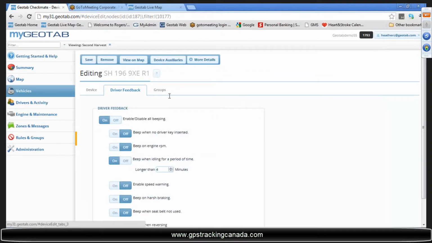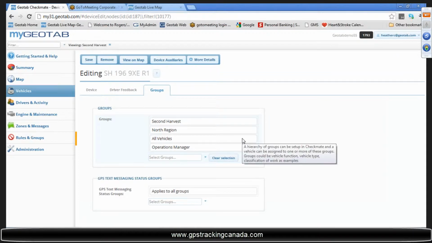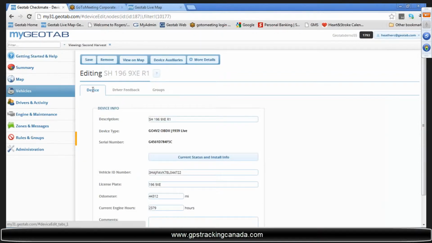This is also where you're going to put the vehicles in the groups that you've got set up and that they should be assigned to. So that functionality is very, very similar, as you guys can remember. You do have the ability to take this particular device, view it on the map. You can remove it if you no longer need that particular data for that particular vehicle and that device is